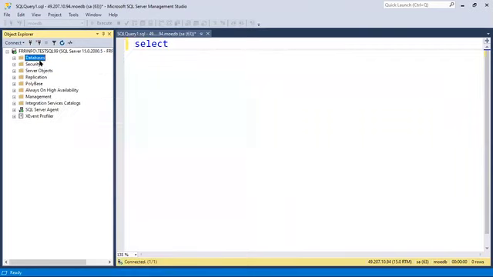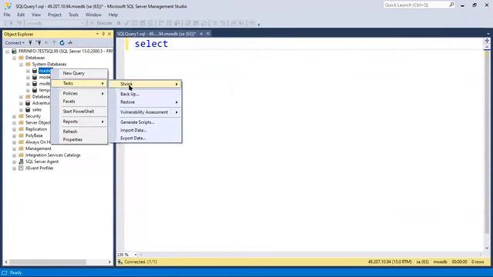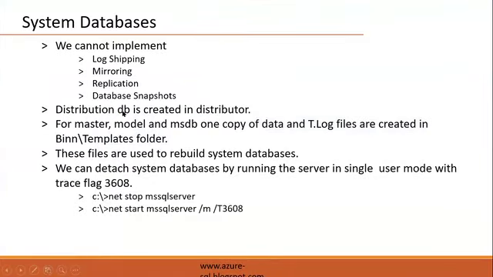But if I go to system databases, there are no such options, right? Next, the distribution database is created in the distributor. Already we know the distribution database is for replication. We'll see later. For master, model and MSDB, one copy of data and log files is created in the bin templates